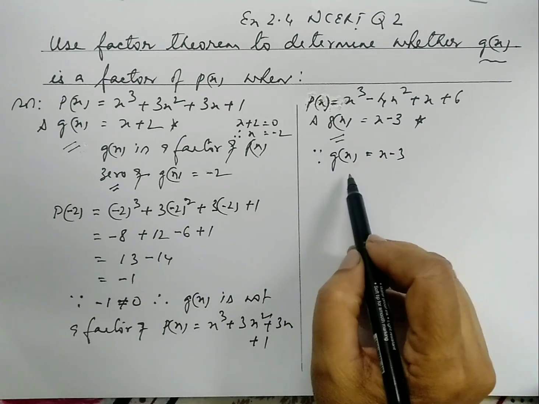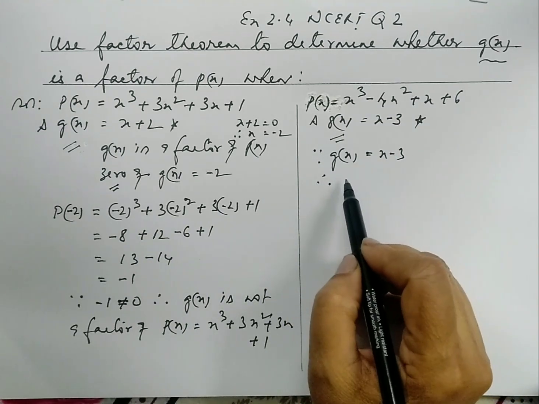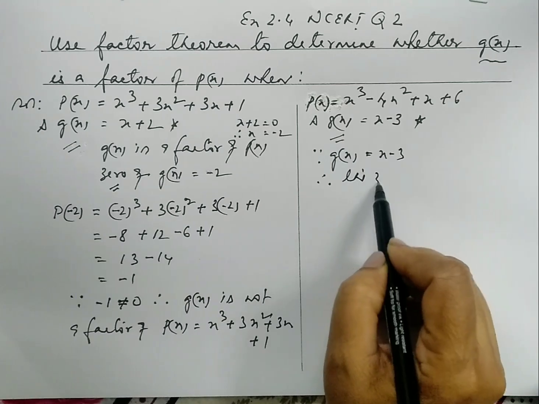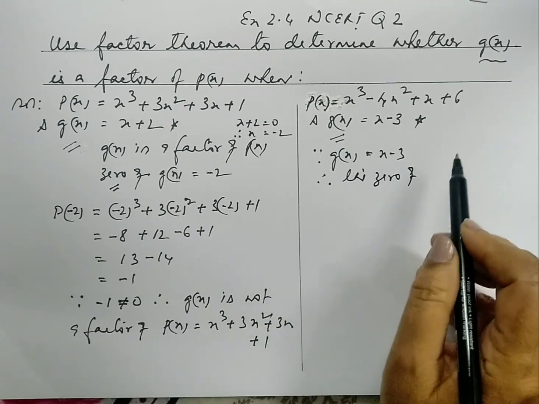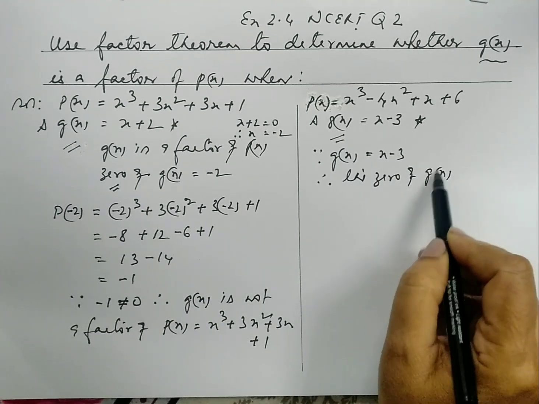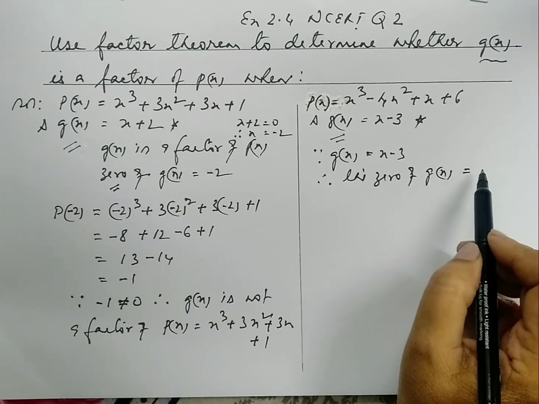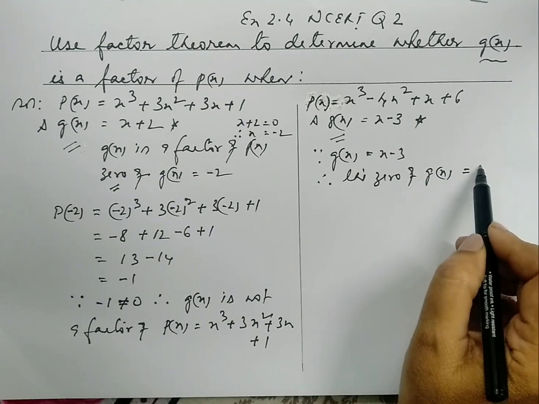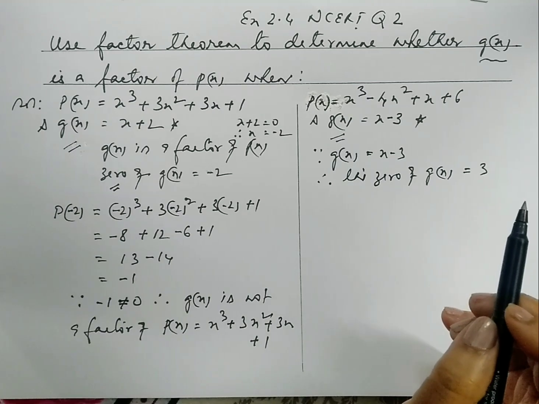Therefore the zero of g(x) is equal to what? 3. Alright guys,